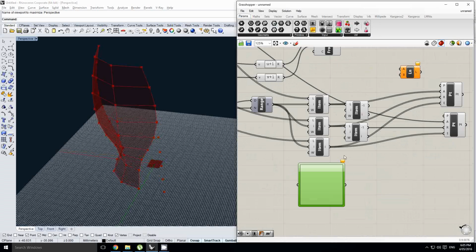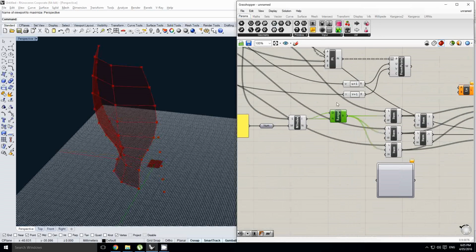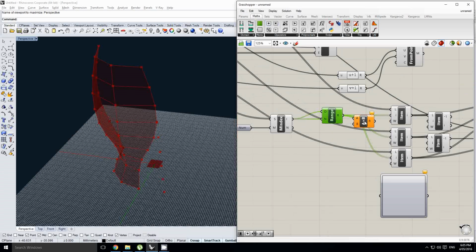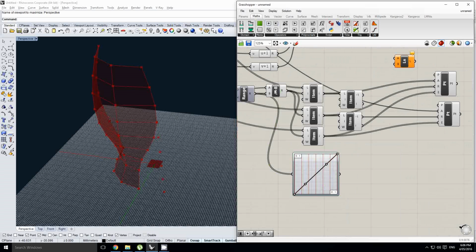So I'm going to, well, yes, okay, so this is why I wanted to do this. Instead of doing this range from 0 to 6, I'm going to do the range from 0 to 1 and then multiply the end result, because this way I can also use this range component for this graph here. And then we're going to do another